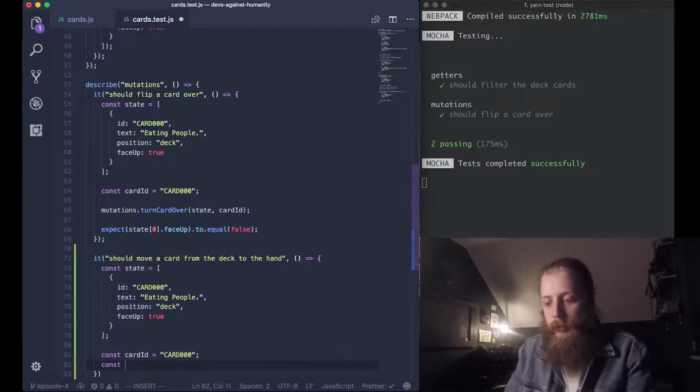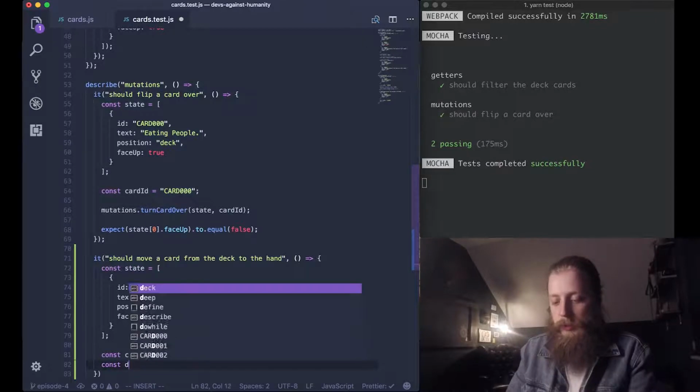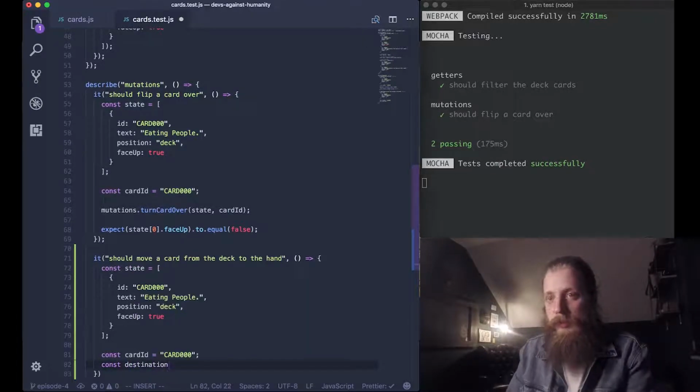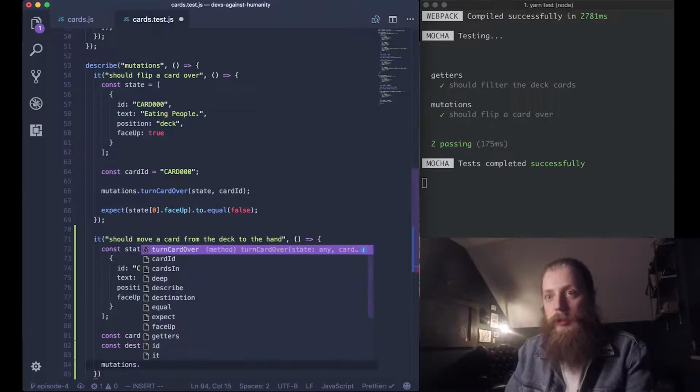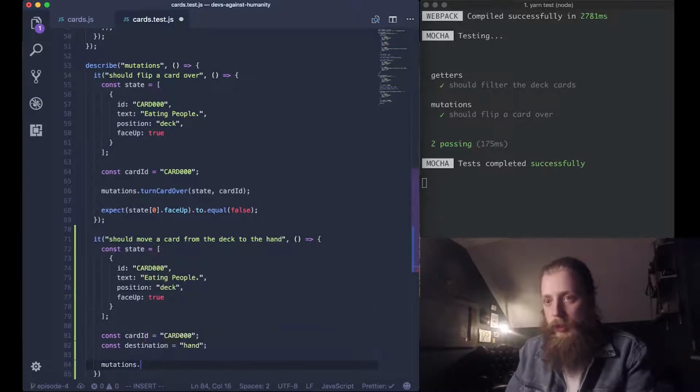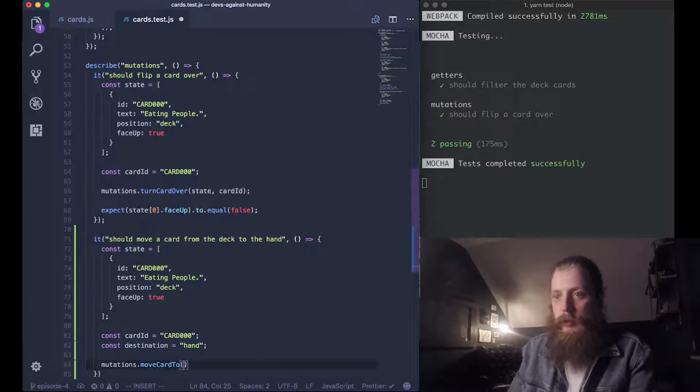We also want to know the destination, and it wants to go to, what did we say, the hand, and then we want to do mutations dot move card to, and we want to pass it the state and the